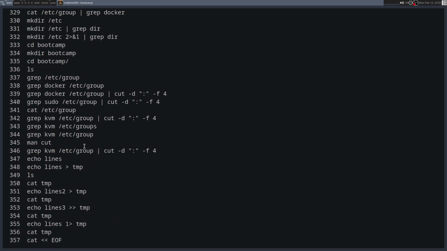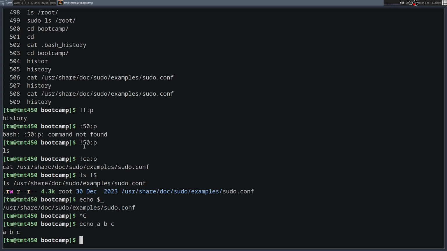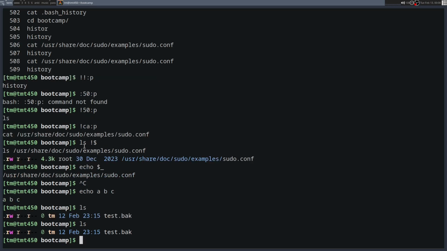I don't really have a great example I'd like to. Well, I'll just explain it, and then it's not a super common use case, but